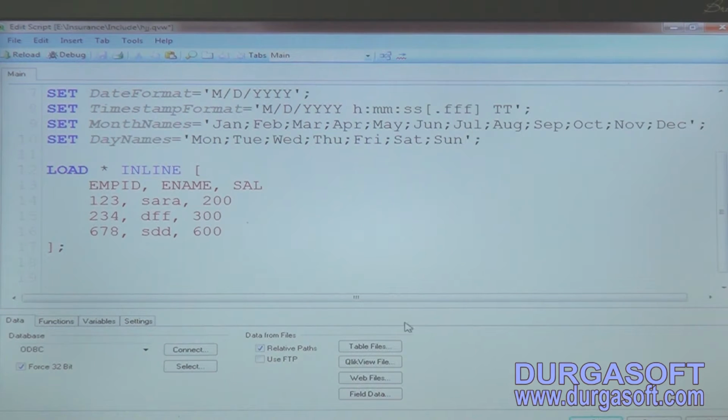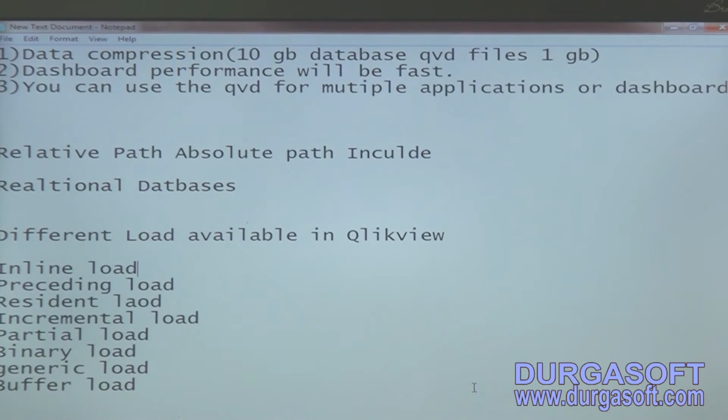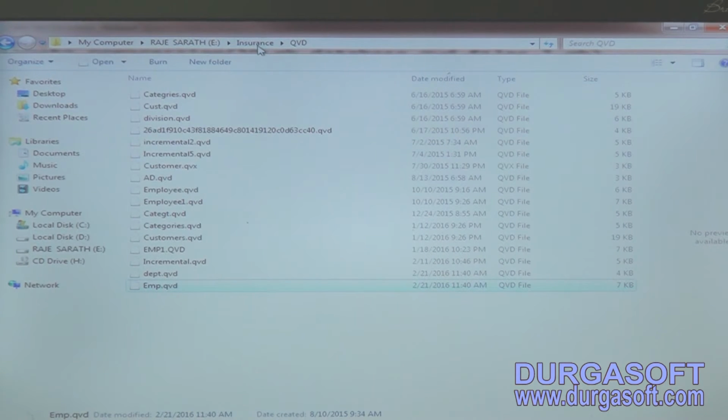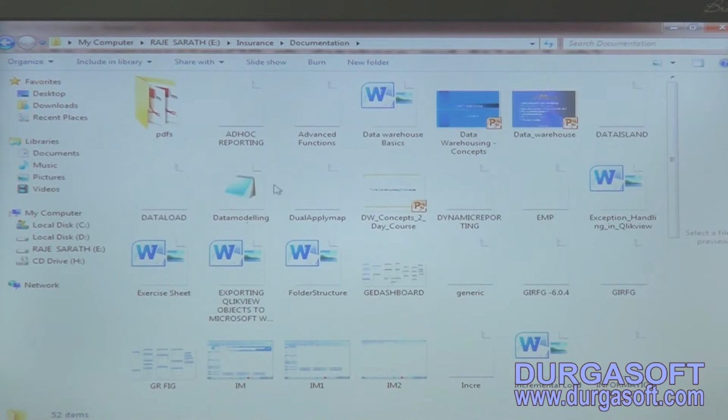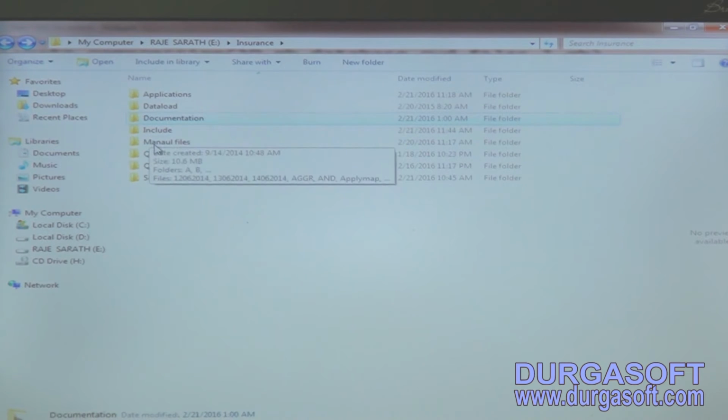So next we will see, we have covered the QlikView data modeling concepts. So what we will do is design one data model. We can design a star schema model or snowflake schema model, and we can see how the data modeling will be. Suppose I'm having one file like this,